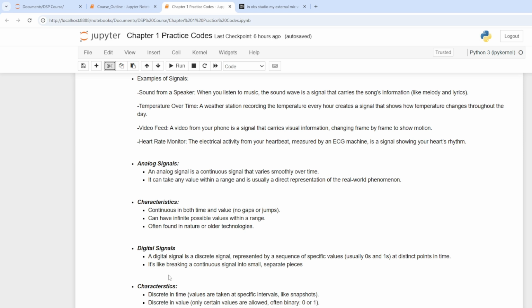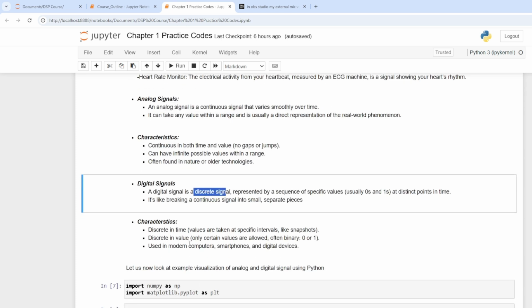Whereas on the other side, a digital signal is discrete. It's represented by a sequence of values, which in our electrical terms are called zeros and ones, and they are represented at distinct points in time. It's like breaking a continuous signal into small, separate pieces. Their characteristics are that they are discrete in time and discrete in value. They are used in modern computers like smartphones and all these things. So everything that is based on electrical is basically